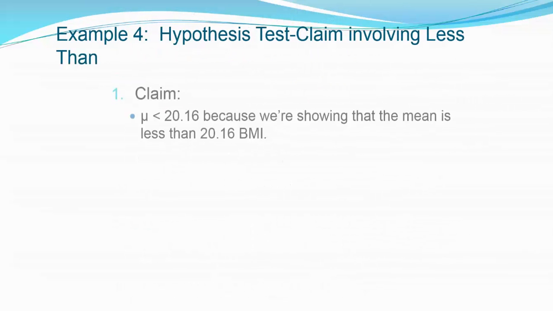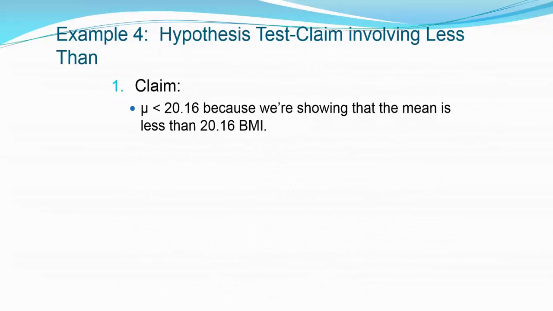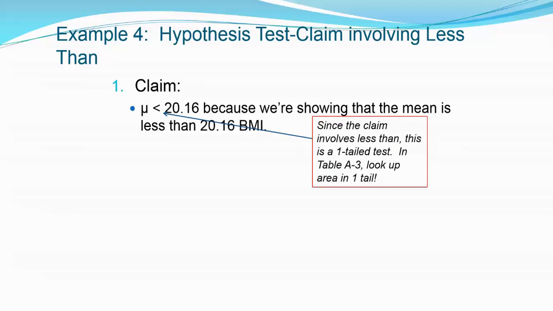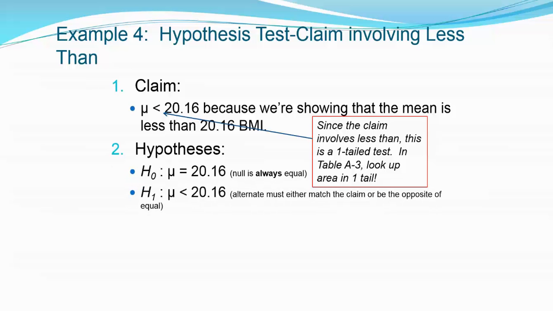So our claim is mu is less than 20.16. And this is a one-tailed test, so when we're looking up our critical value in table A3, look up area in one tail. For our hypotheses, the null is mu equals 20.16, and the alternate is mu